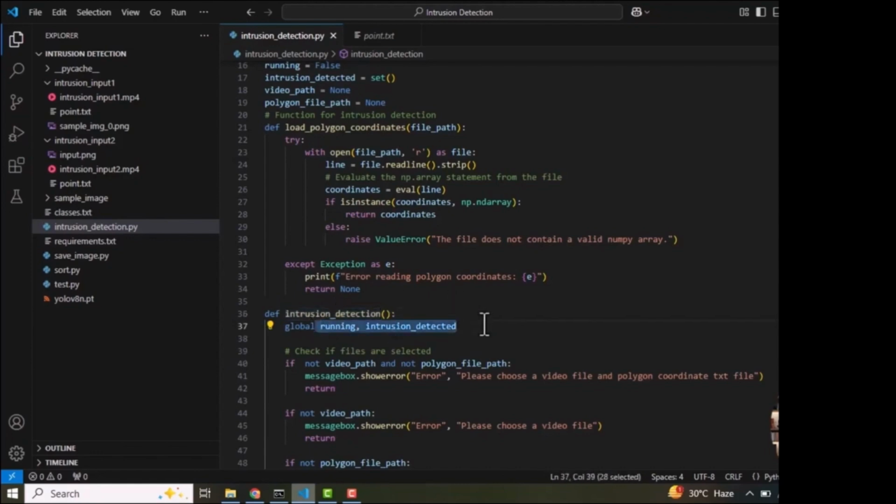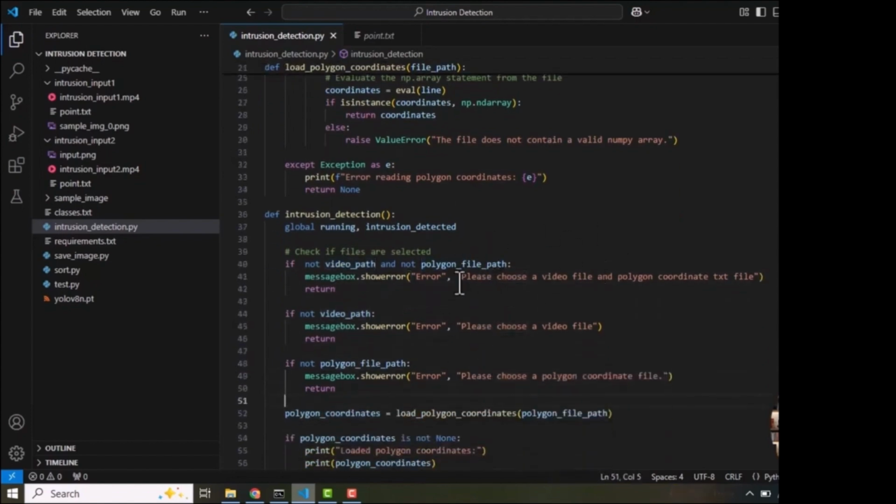We have already initialized the global variable. Running intrusion detection is initially set to false, so the program is not running at first. After that, we check whether the user has provided input or not. The input file names are video path and polygon file path. If they are not provided, it asks you to select your video file as well as the polygon coordinate txt file. The user must select a video for intrusion detection as well as a polygon coordinate file,